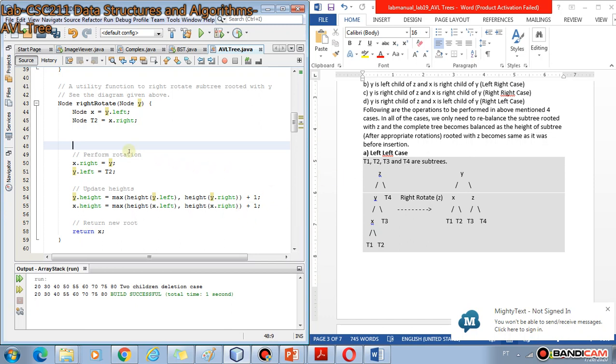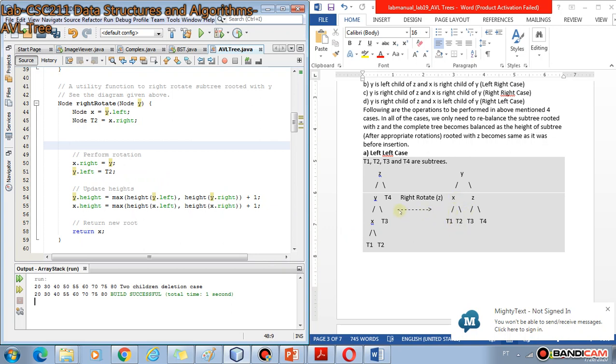To perform this rotation, the same concept is implemented here: we pass the node. For example, to correct the balance at Z, we would pass Z here. So this y is basically Z, and x is y.left, the left of Z, which is Y, and T2 is x.right, the right of Y, which is T3 here. Then x.right is equal to y, and y.left is equal to T2.